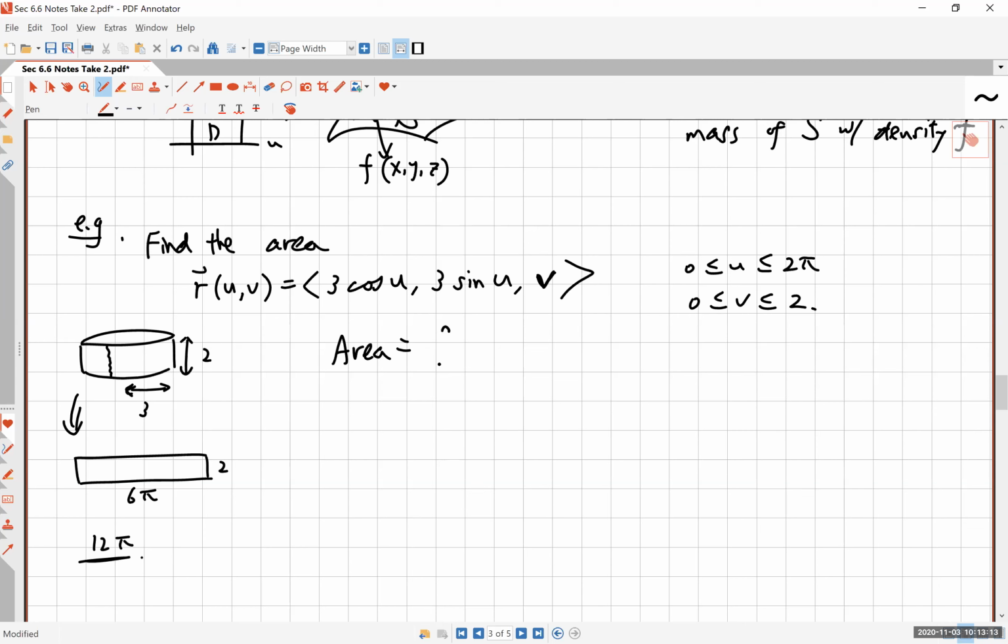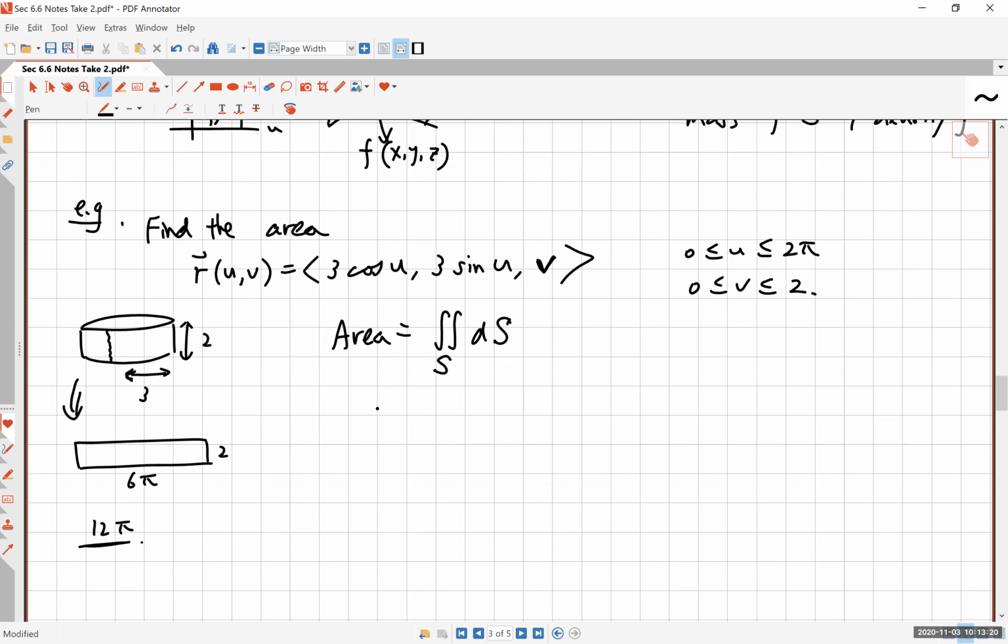The area is found by the double integral over S of dS. This is the definition of what the area is. To do that, you have to find Ru and Rv, take the cross product of them, and take the magnitude of it. After you do a few problems of this nature, your hand will automatically start writing these kinds of things: Ru equals, Rv equals, Ru cross Rv equals,